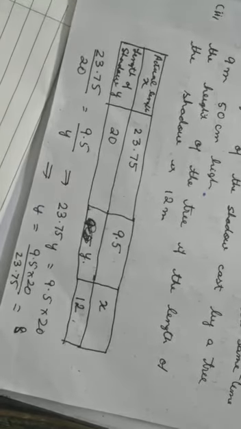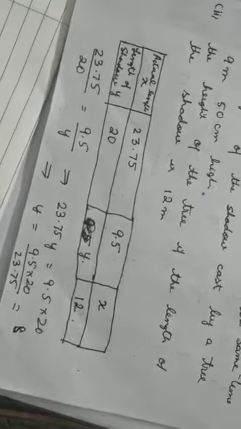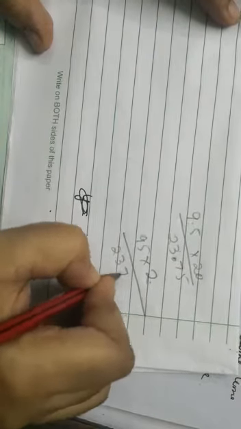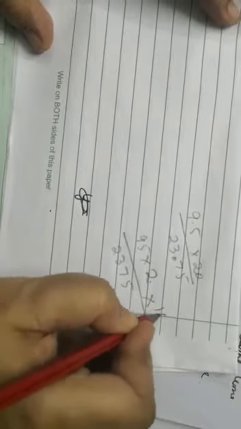The answer is actually 8. After calculation, you can calculate and check. It's 9.5 into 20 divided by 23.75. If I have to calculate it, I would write 9.5 into 20 as 95 into 2 also. I don't want this decimal point, so I'll remove it by multiplying by 100. This becomes 2375. I will also have to multiply by 100 over here. Now they will go with 5 at least. With 5, this is 19. This is coming out to be 5.